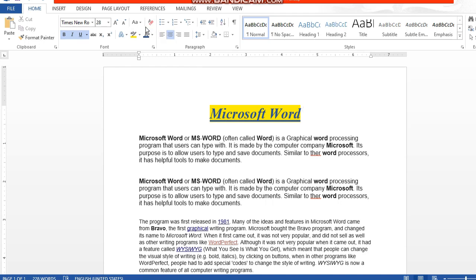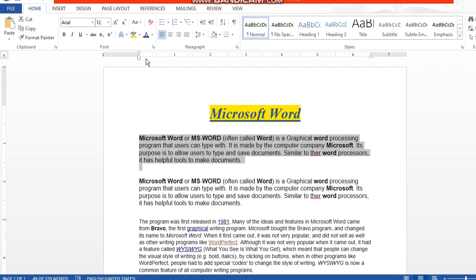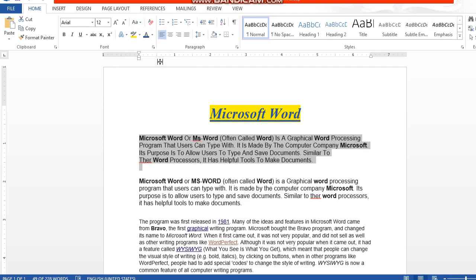Okay, now before we move to next option, we will first select the text. I have selected the text. Now I am clicking on this button, which is basically to change case. Yes, when we type in English, it can be either in the small case, small alphabet, or in the capital alphabet. So I have clicked on uppercase. See, all the alphabets converted to uppercase. If I click on capitalize each word, if you see each word, the first letter is converted to capital.